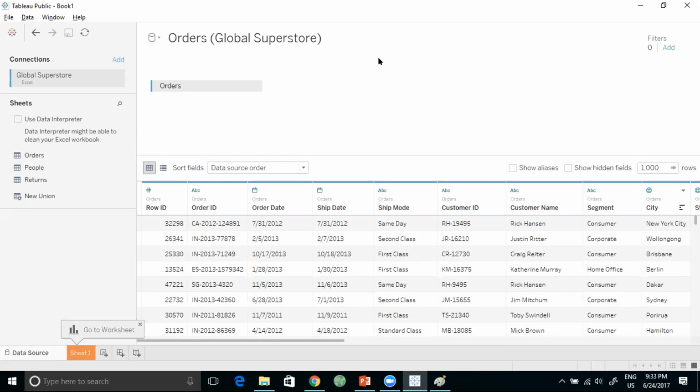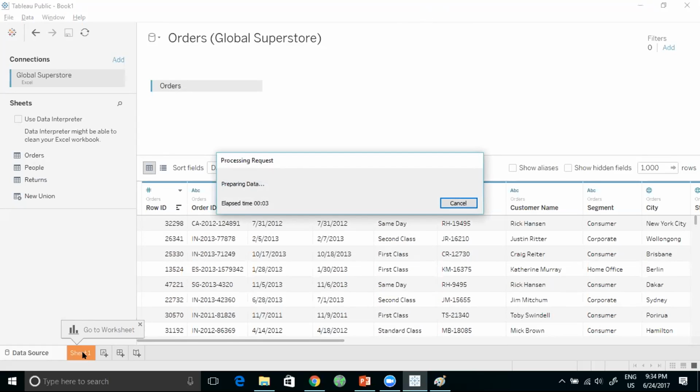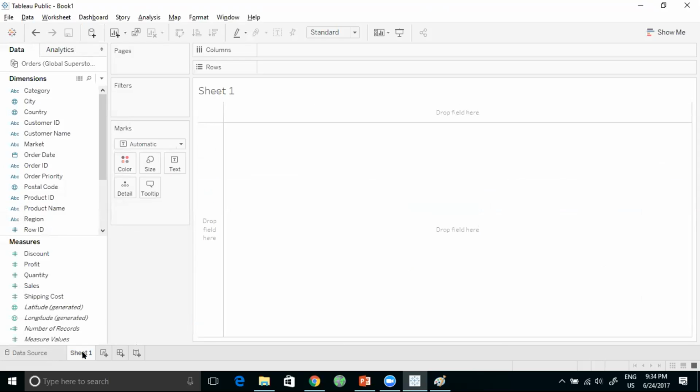The beauty of Tableau is that we get to analyze data visually. You learn about visual analytics as a part of this course. Now on the bottom left, it says sheet 1. So I'm going to click on sheet 1 over there. The moment I do, you come to a screen that all people that work on Tableau know very well, which is your Tableau workspace screen. And you can see a bunch of things. So on the left-hand side, you can see that Tableau has picked up all of the columns in the data in that Excel sheet, and it has divided it into two things. The two things are dimensions and measures. Now, I want to ask you, what are dimensions and measures?